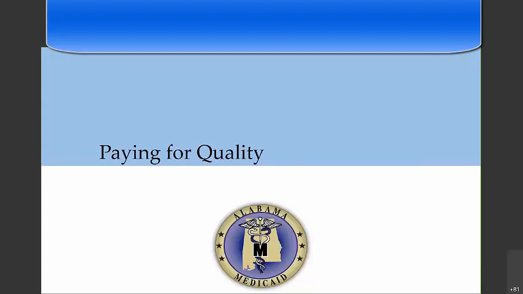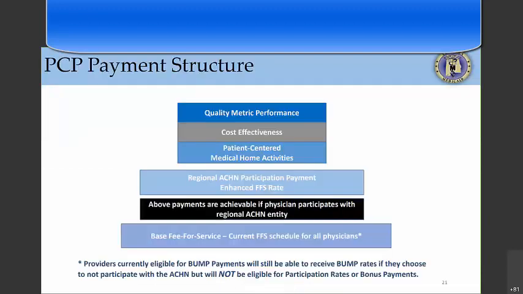Our next section, Paying for Quality, will focus on the determination and the distribution of our bonus payments for quality metrics. It will also provide a step-by-step scenario using a hypothetical practice. As a reminder,